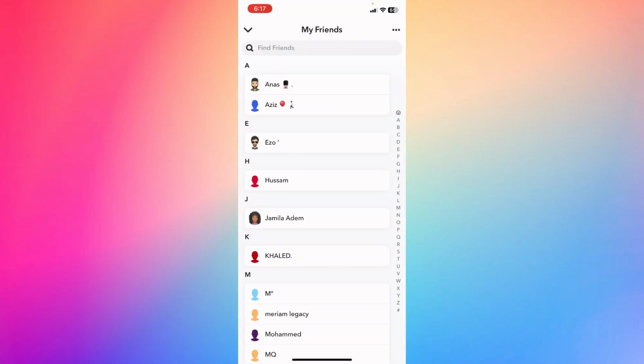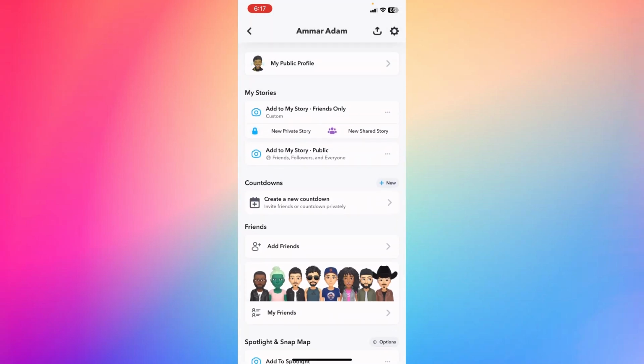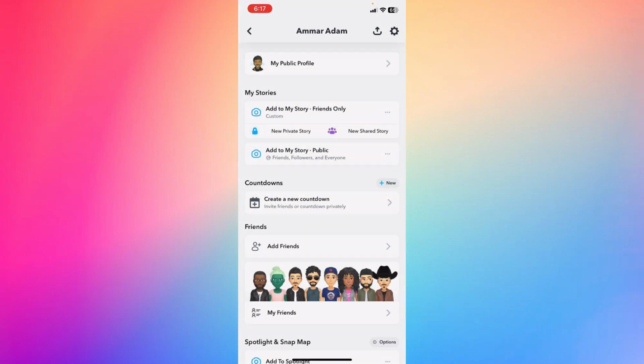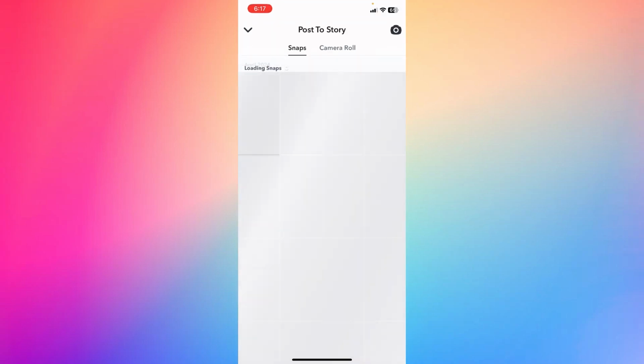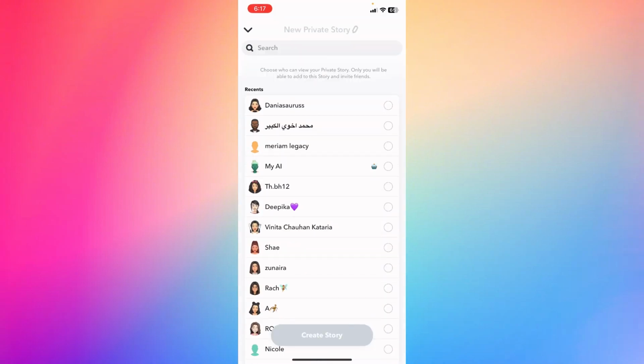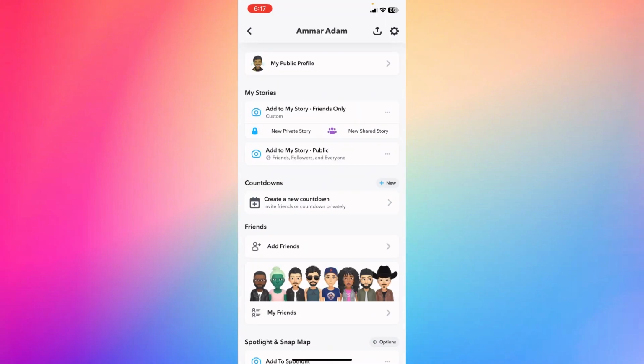Now I'm just going to go ahead right here and see add to my story public, okay? And you can see auto save to my memories, and you can see right here add to my story private, and here it says new shared story and everything. Just go ahead right here, it says camera roll and everything. Just go ahead right here, it says new private story if you want to create a new private story, or